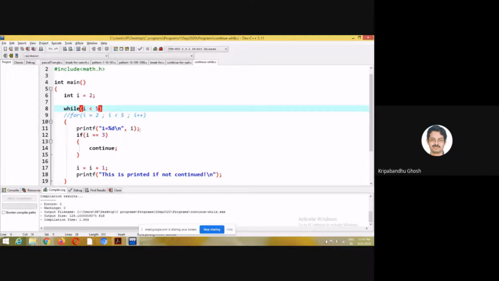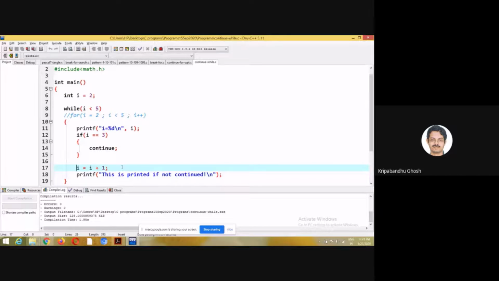This also got printed. But after printing, it experiences this check, I equal to 3, then continue. So it is checking again, but I is not incrementing, right? So I remains 3 forever, because the control never comes to the increment part.